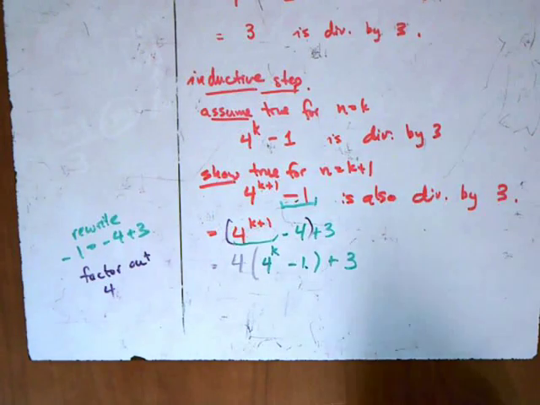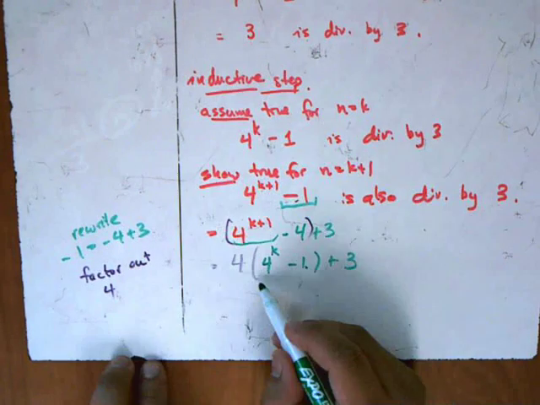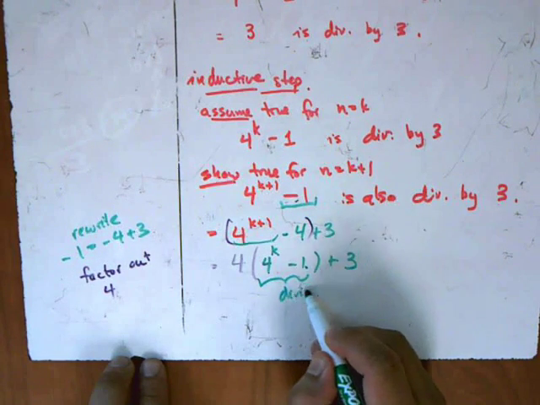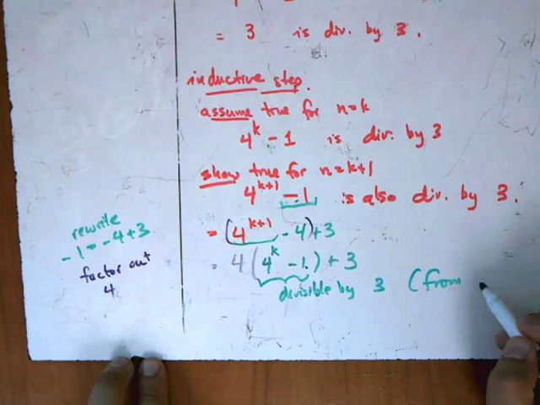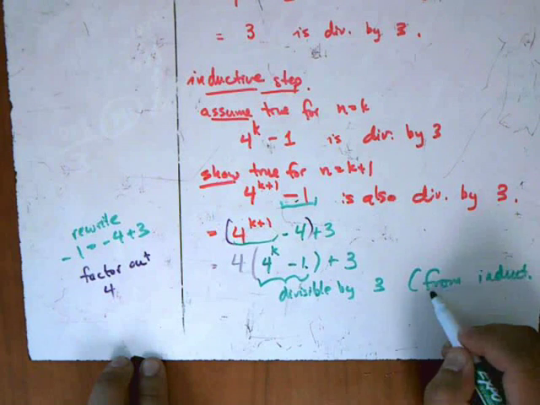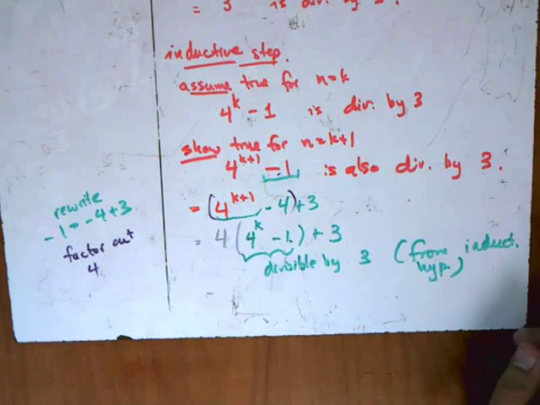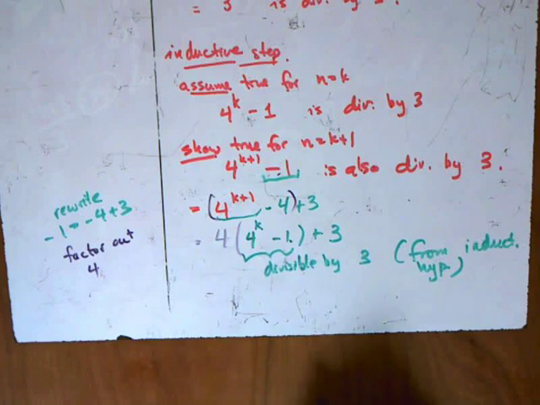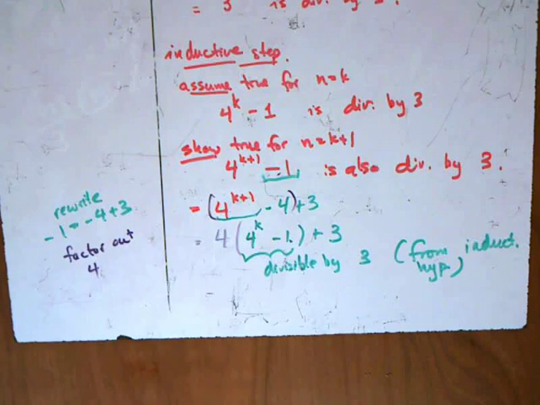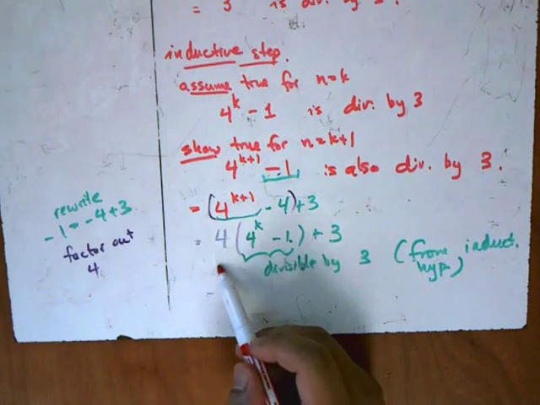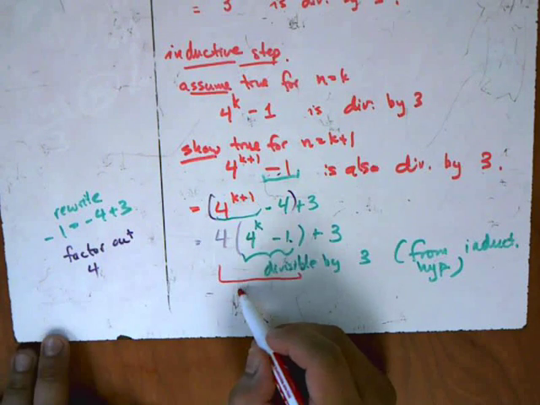Now the rest of this is kind of weird. We're just going to express this using only words. We know that this thing here is divisible by 3 from the inductive hypothesis. And this is a good thing to know: if you don't have to use the inductive hypothesis, you're either doing something wrong or you don't need to use induction at all. Then this whole thing right here is a multiple of a number that is divisible by 3. So we can say that this is divisible by 3